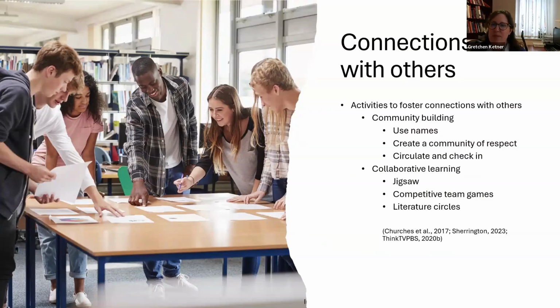So how can we help our learners feel more connected with others? We want to create an empathic bond. We want to help students to feel noticed and seen and safe, so that this contributes to the sense of community and belonging that they need. We can do activities to foster connections with others. And you all know many of these. This is something we can discuss in the discussion time, but as simple as using everybody's names, this builds community. Modeling and teaching respect. I'm curious to know how teachers do that. How do you model and teach respect in your class?